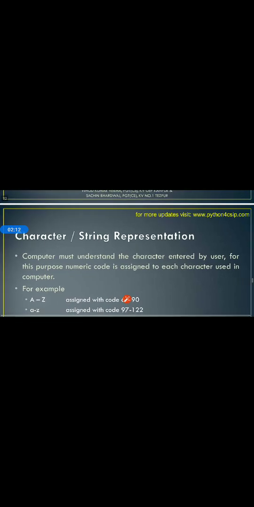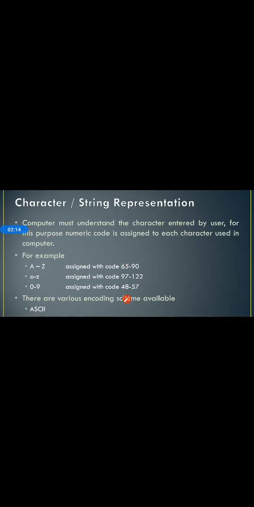Character representation. The computer must understand the characters entered by the users. For this purpose, a numeric code is assigned to each character used in computers. For example, A to Z are assigned codes 65 to 90. The computer can understand only the binary language, and